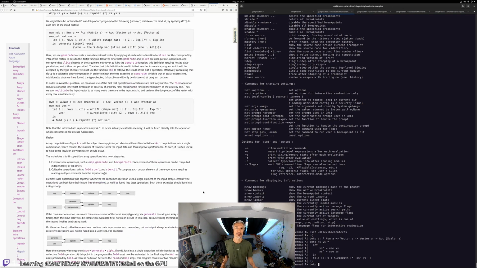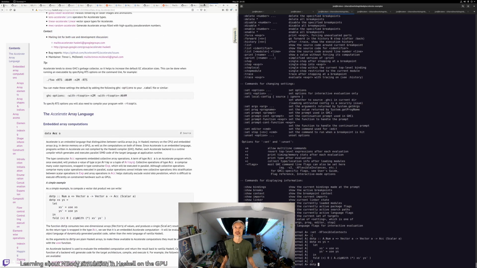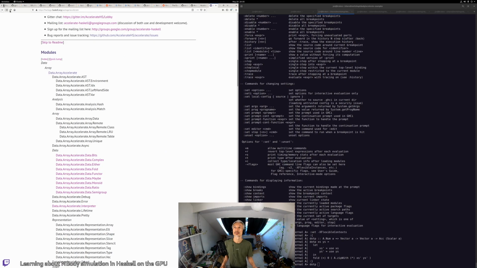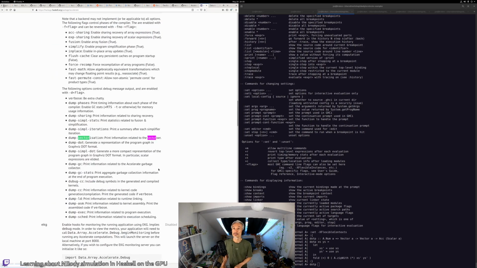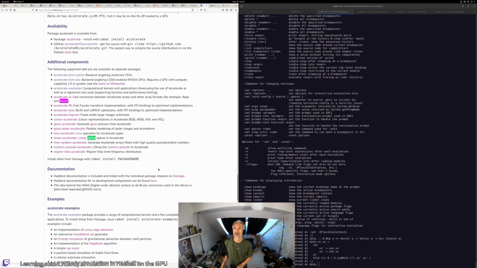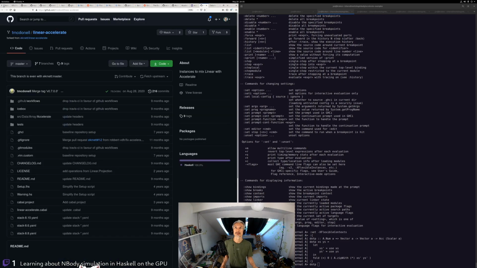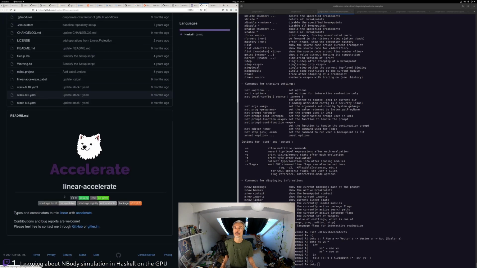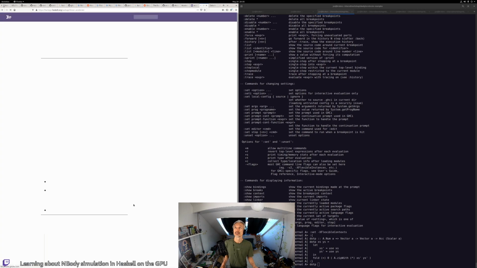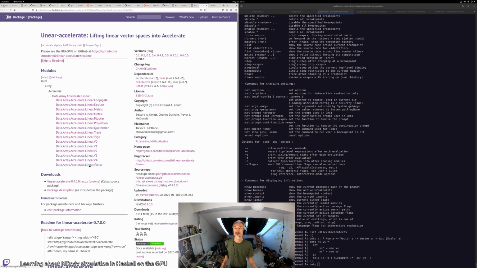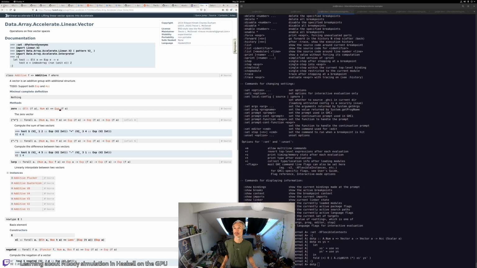Like so, we want to construct a vector. Well, let's look at the vector type. Boom, boom. Is vector only in linear? I think it is only in linear accelerate. Okay, and I closed it just now. It's fine. Okay, give me the package, please, and give me vector, and help me figure out how to construct one, and